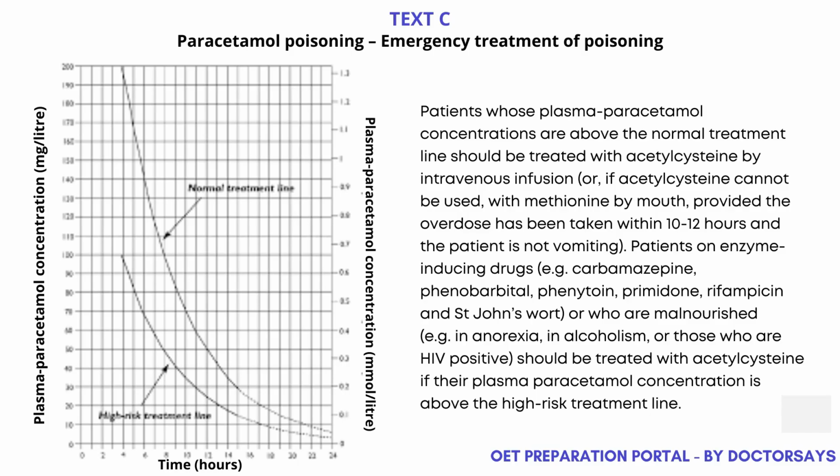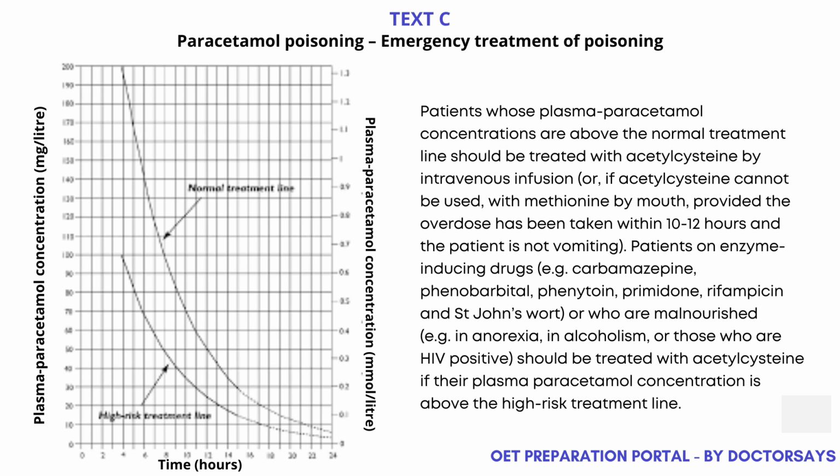Emergency treatment of poisoning. You might get confused regarding the steps to treat the patient, because we just decided that we're going to select text box B for that, but over here it's also written emergency treatment for poisoning. So let's see if they have the steps like they have in text box B or not. Over here it's written that patients whose plasma paracetamol concentrations are above the normal treatment line should be treated with